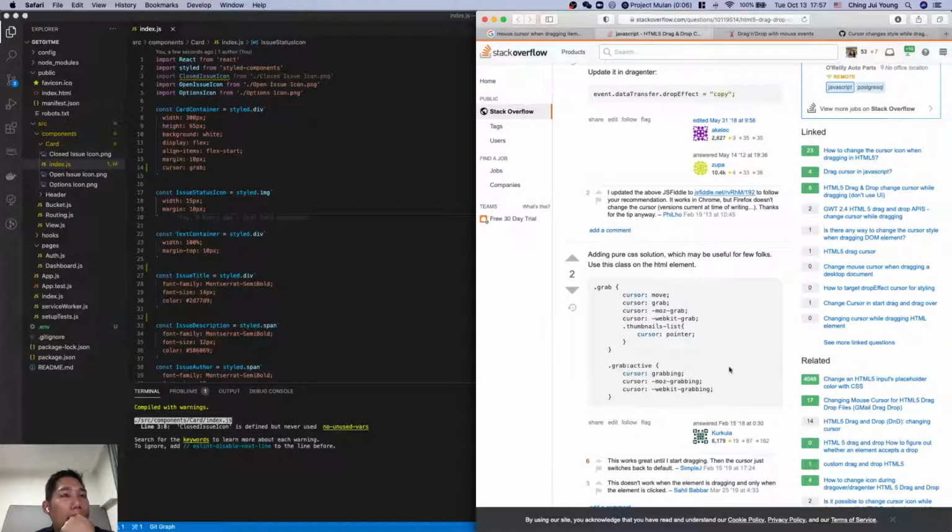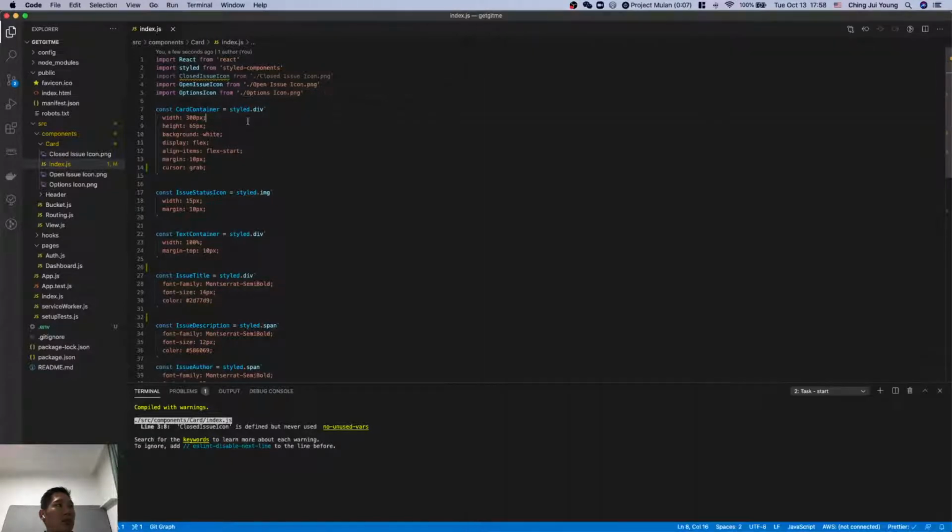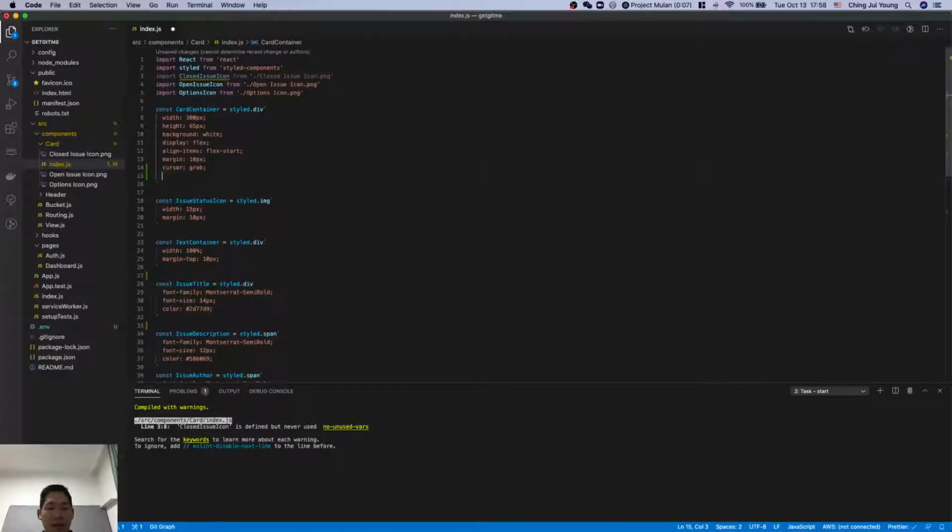Okay. Oh, they also have a grabbing. Interesting. So it looks like it's a, what's this? So I wonder if we can add this active. I don't know if this is just a CSS thing or if this is